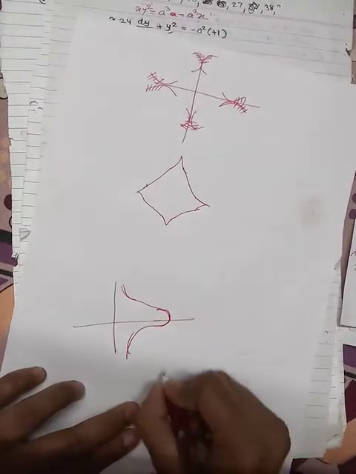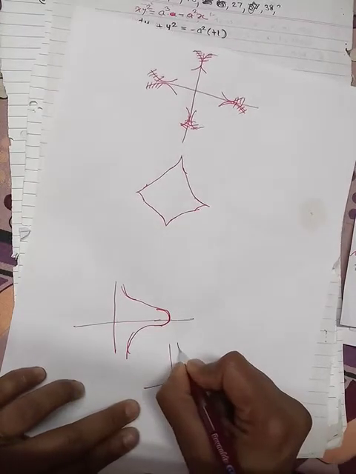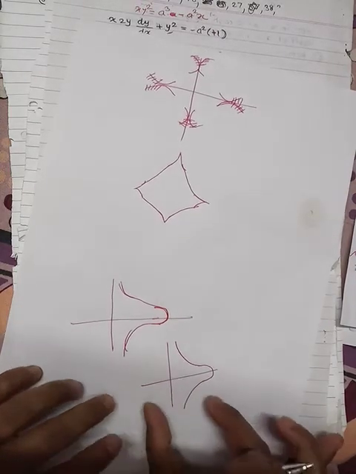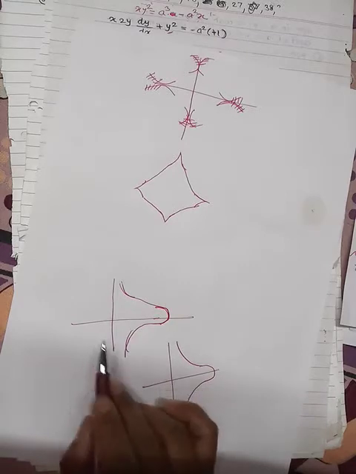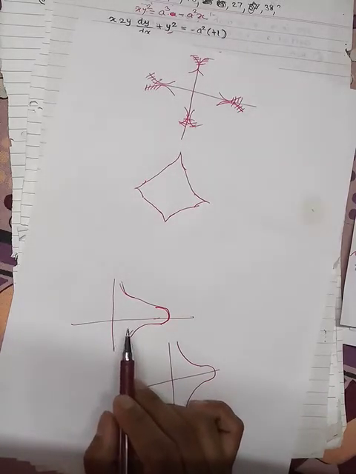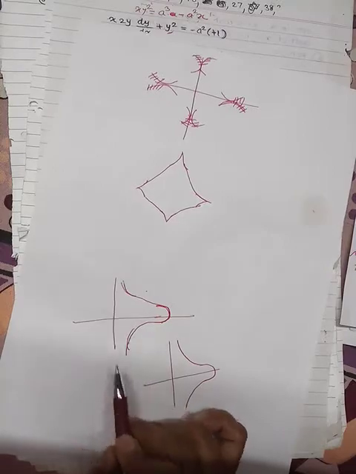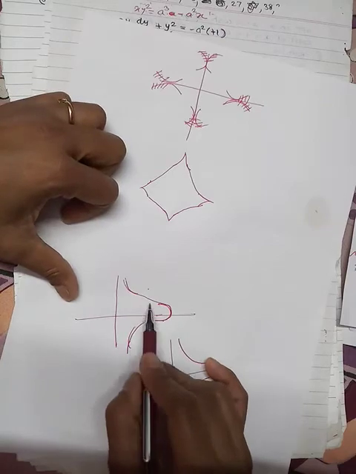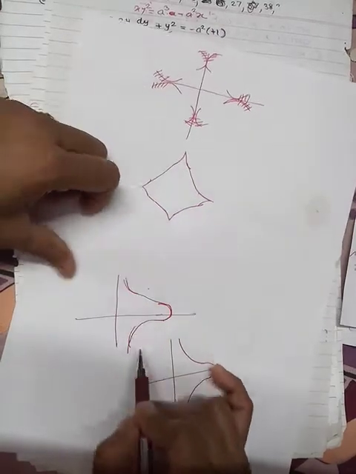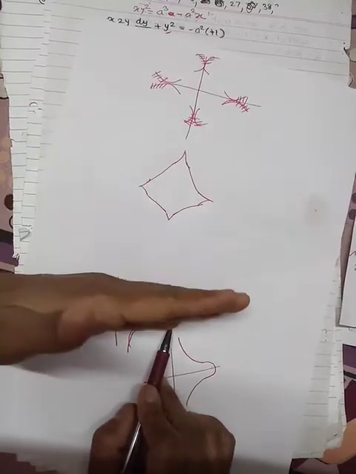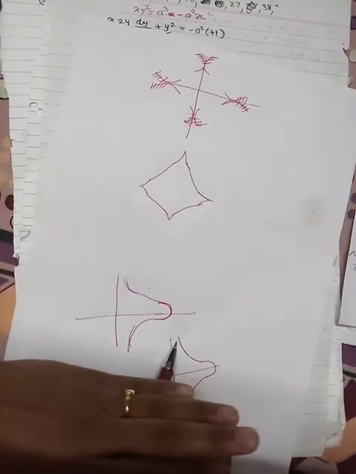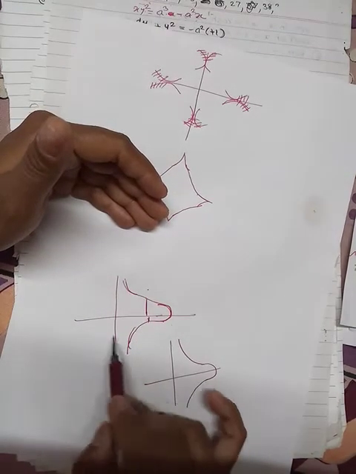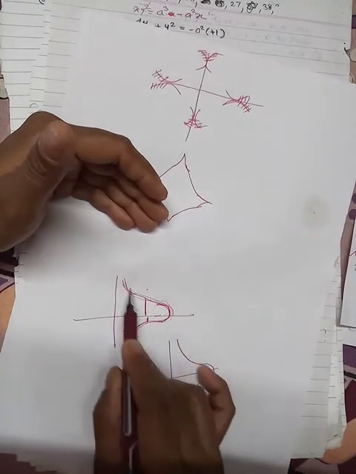So to see the proper curve, you can take it in this way. This is your proper curve. Because we have to show symmetry here, and the symmetry is about the x-axis. As you join this, you might not be able to show the symmetry. This is not symmetric about the x-axis, because the upper part and the lower part of the x-axis should be the same. There is a difference between this distance and this distance. So we can't show the symmetry by joining this.